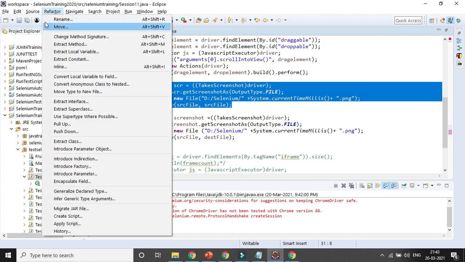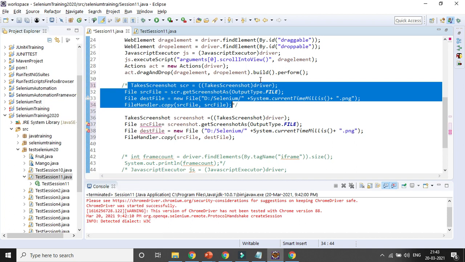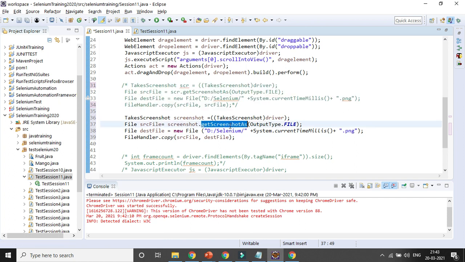Resource, add block comment. So take screenshot, okay, driver, then source file, get screenshot file, and then here D selenium. Okay, I am giving the source file, and the source file again, the same thing. I did not give the destination file, right?